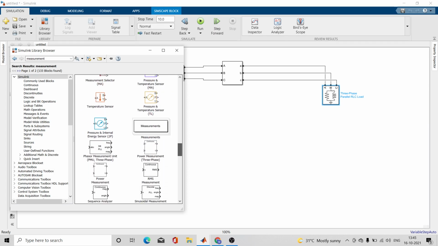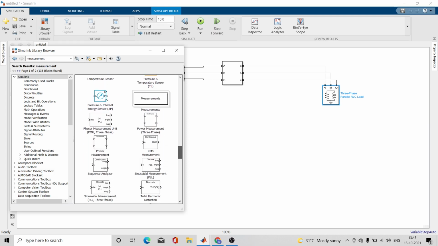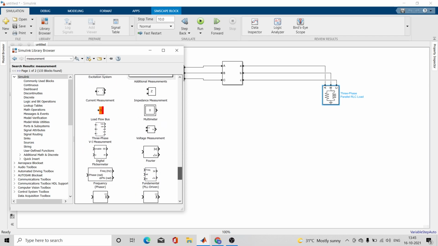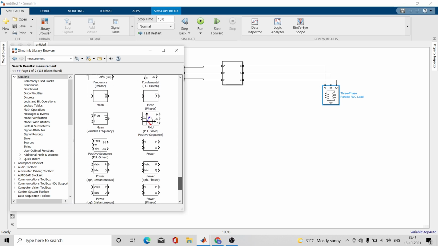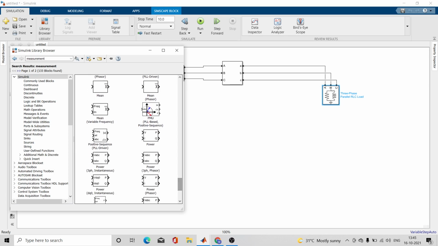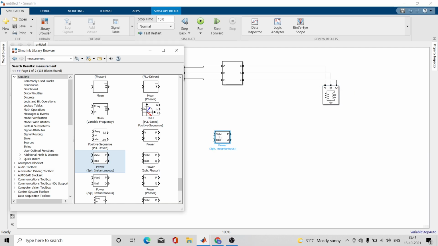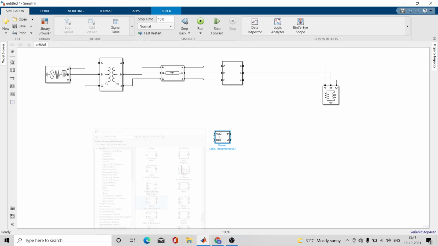Okay, yes, three phase power measurement. You need this one, so you will add this to your model.